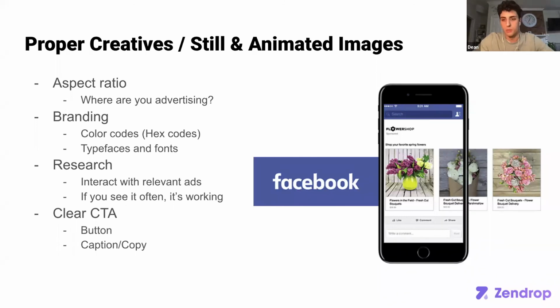And then, of course, you want to make sure you have a clear call to action, whether that be the button or the actual copy. One thing that we're going to go over and try to keep in mind is that you don't want to put too much information in the viewer's face in the actual graphic. You want to let a lot of the words be handled in the caption. So we're going to talk about how to find that happy medium between providing information and value within the graphic, but not bombarding them with wordy advertisements, because that doesn't resonate too well most of the time.